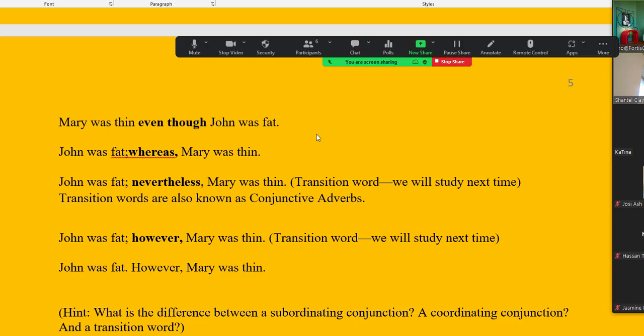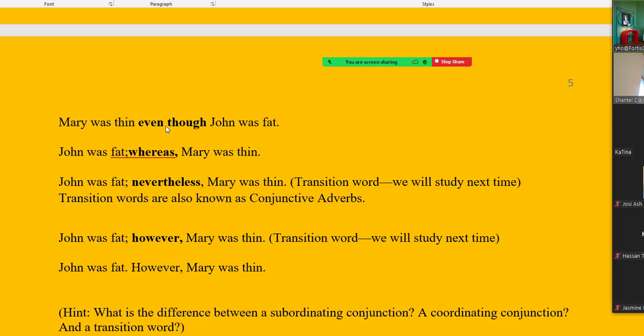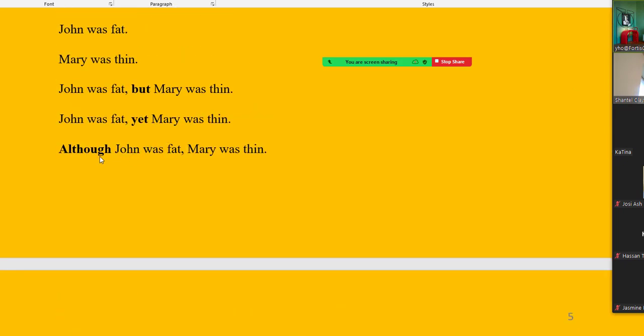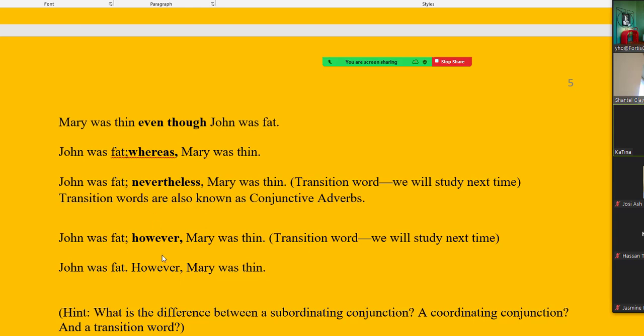Then my next question is, how do you tell the difference between a subordinating conjunction, even though, and a transition word? What's the difference? How can you just by looking at it know the difference? Can a beginner know the difference? If you're just learning it for the first time, can you tell the difference? Most students tell me no. Most students tell me they all look alike. What are you going to say? Oh, I said one of them has 2 words, one is 1 word, but I don't know if that matters. Yeah, even though, well, although is 1 word. So how can you tell the difference of although and then nevertheless and however?